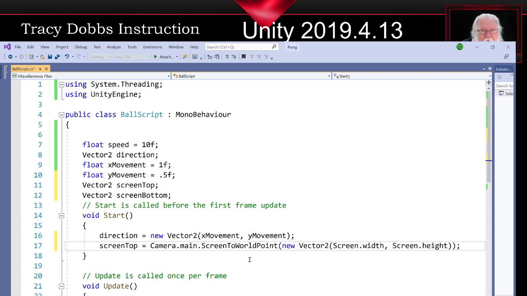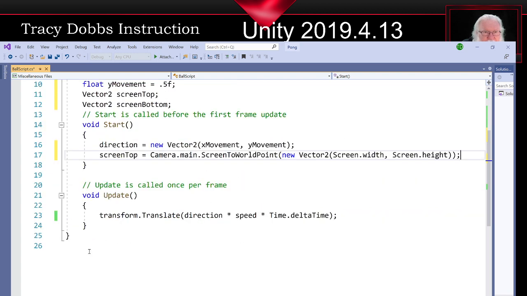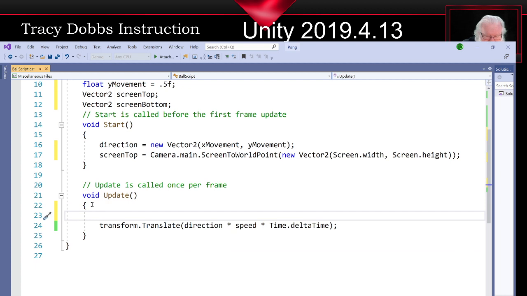Okay, so I now know where the screen top is. As a matter of fact, that's going to be the top right-hand corner of the screen. So at this point, I know where the top right is, and that means I know where the top is and where the right side wall is. Using that, let's see if, when the ball gets past the top, we can change its direction. So I'm going to come in here and say if,